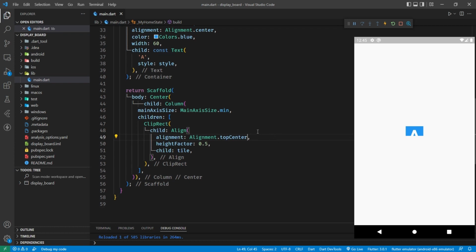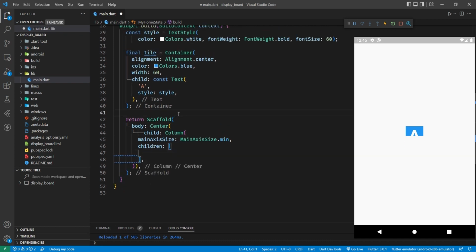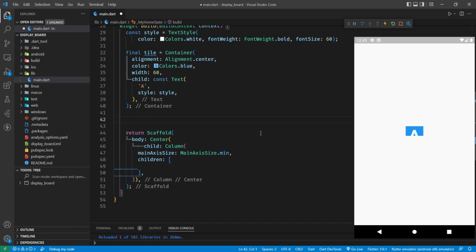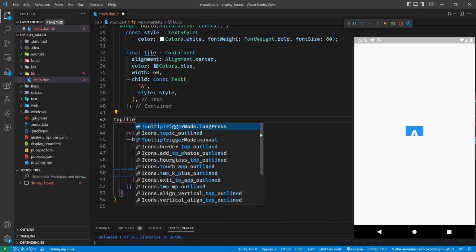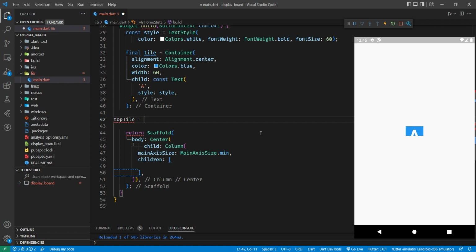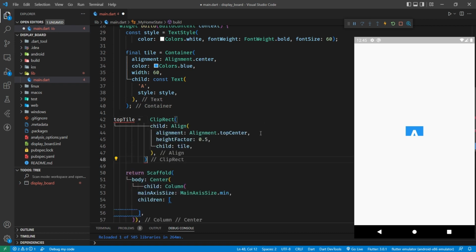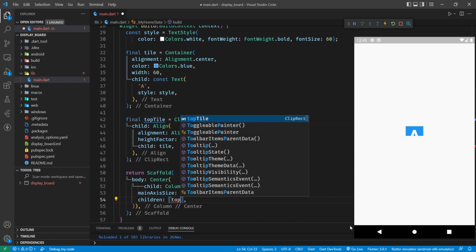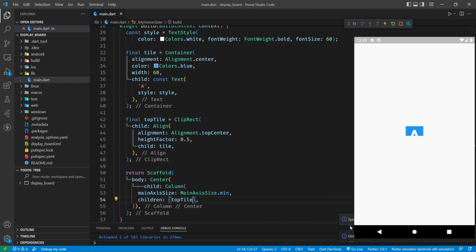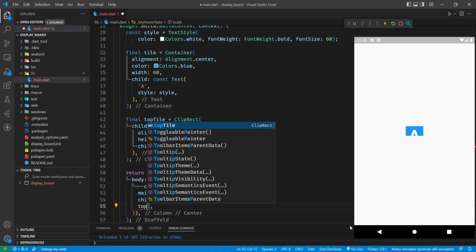Okay, so again I'm going to take this out, this clip rectangle, I'm going to cut that out, and I'm going to put that into its own variable called top of the tile, and that's going to equal that. It needs to be a final for now. Top tile. Okay, and now if we put in another top tile,